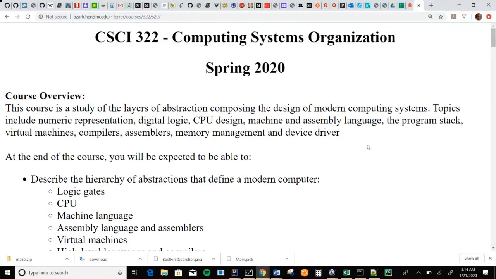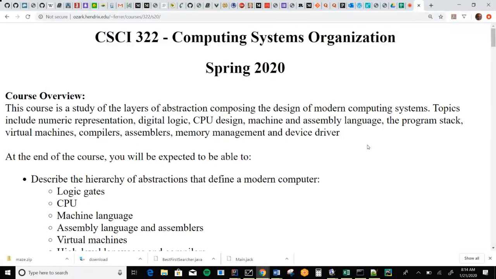Computing Systems Organization. So, what are we going to do this semester? My number one goal for you all this semester is for you to understand from the ground up what a computer is.